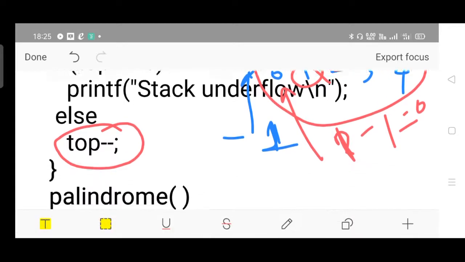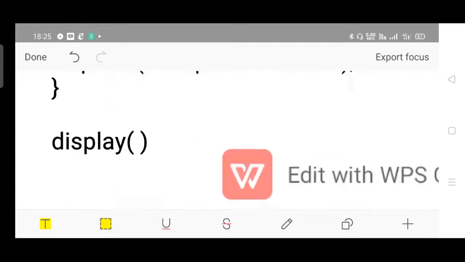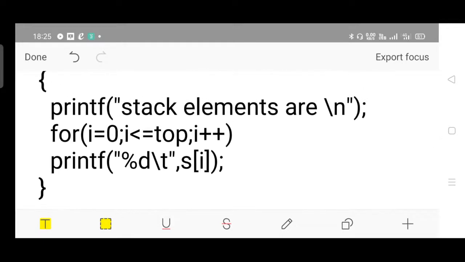Anytime you can display. We'll see the palindrome also later. So display means what? Anytime use the for loop and display the n number of elements. Use the for loop from 0 to top, stack of top, because till max you cannot consider, as the max value is different and the top value is different. Max value is 5. That doesn't tell you that every time there should be 5 elements. You must have performed some pop operations in between, so some of the elements must have been deleted, right? So every time you cannot consider right from the beginning till max.